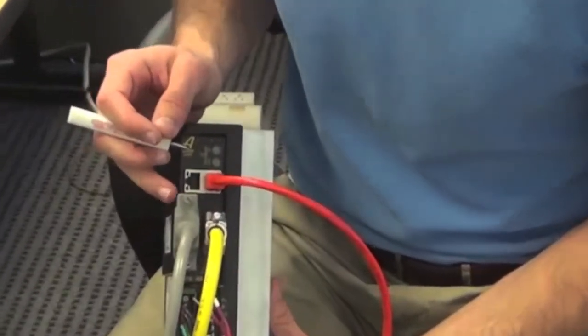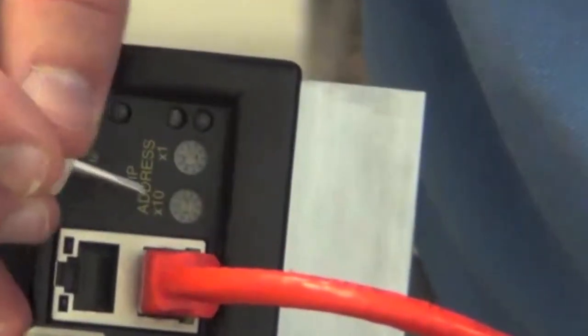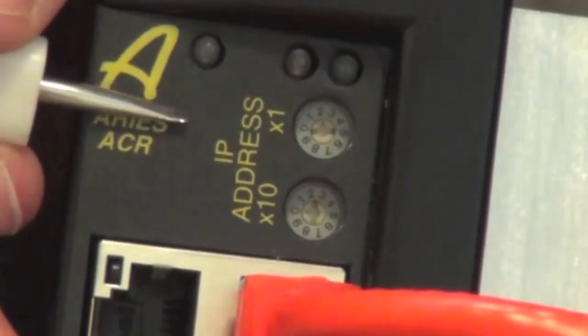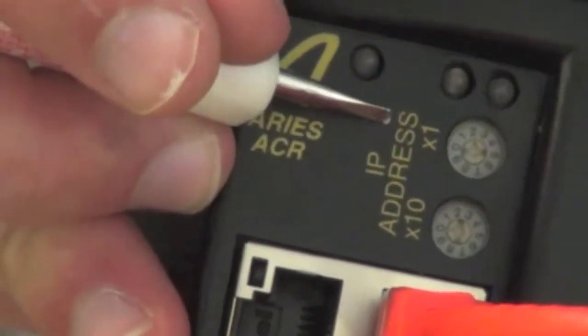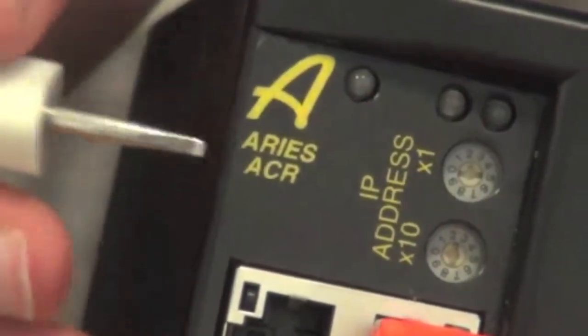It's important to note that you set your IP address through the dip switches on the Aries drive so that it will communicate correctly with the RedLine. In the user guide, it highlights that you need to set your IP address to 192.168.100.2. These dip switches right here represent the 4th octet of your IP address for your Aries drive, and it